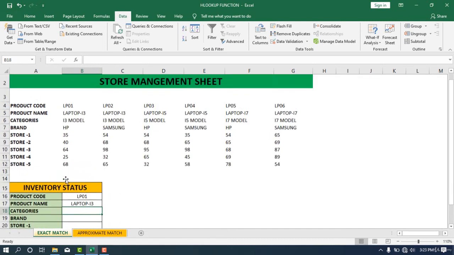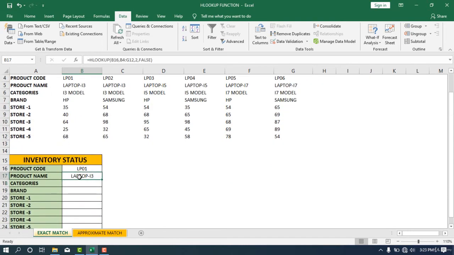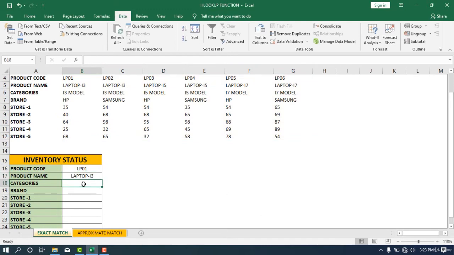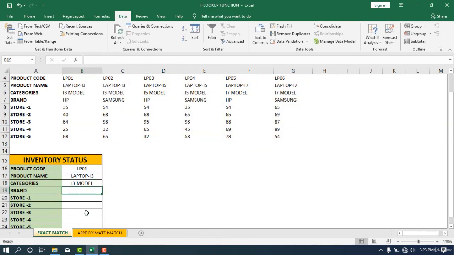Okay. So category is which row? First, second, third row. So I'm just going to copy this formula. I can copy this formula here also, and I'm going to paste here. But the row index is not 2. This is 3 for category. You can see product code 1, product name second, the third is category. So the third row we need to choose. If I enter the 3, the category will appear here. So i3 model. Then brand 4, store 1 5,